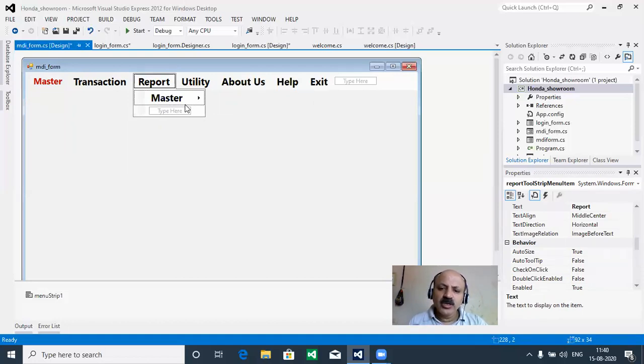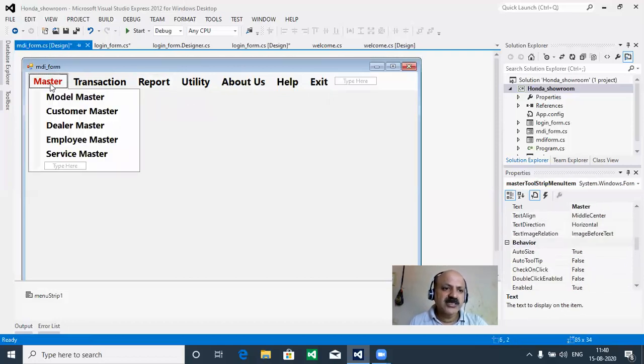At that time you can take a combo box, ID wise, name wise, and you can also take a combo box for search. And in the report, in the search option, we can search by name. At that time, in the master form, like here we can say customer master, that form we can take the search operation, and there we can take a text box.